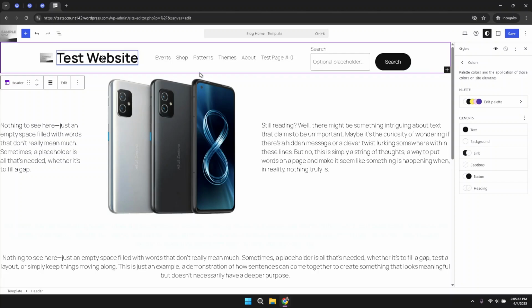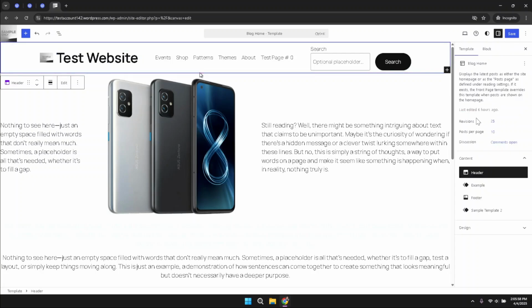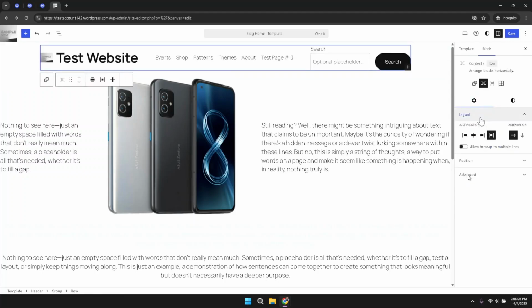So let's say I would like to choose this one, and then here you can see that on the right hand side you have to just choose the icon that is just before save. Once you click on it, you can see the template and block option. You have to click on the template, and here you will get the option of header. Once you click on the header, it will take you to the block option,